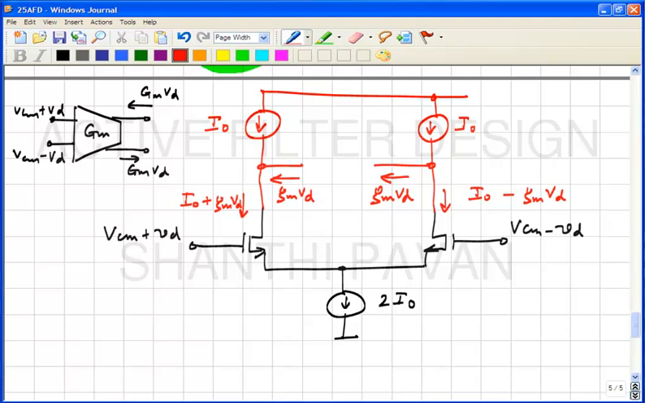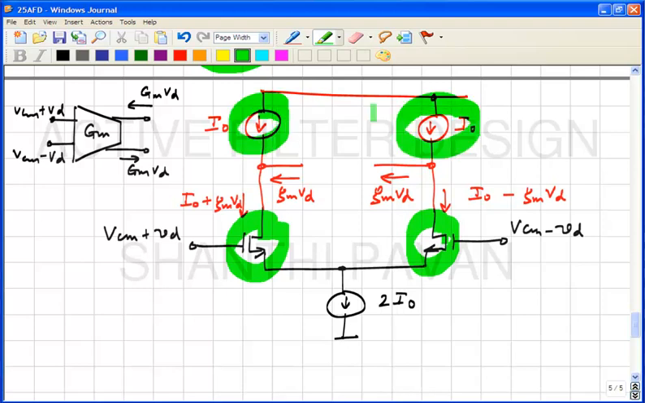Okay. The question now is, are we done or is there some problem with this? Now let's see. So it seems as if everything is okay, right? Seems as if this will give I naught plus GMVD, this gives I naught minus GMVD. We are getting rid of the I naughts. Alright. So the currents coming out, if I now market this by putting all this in a box,